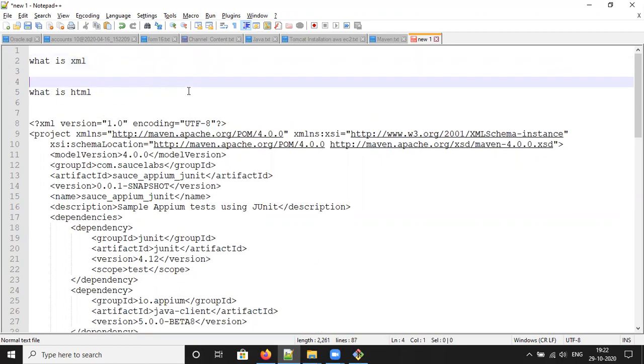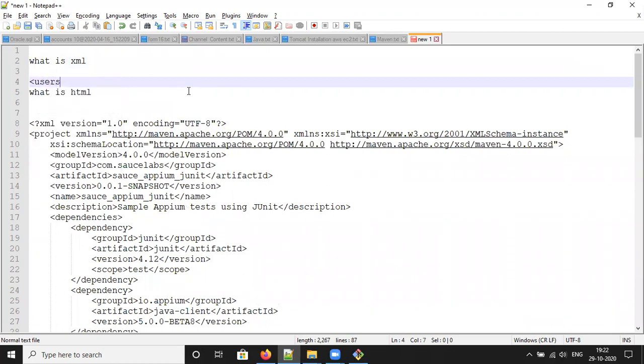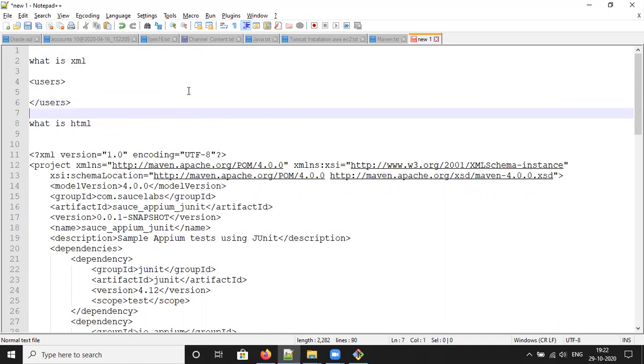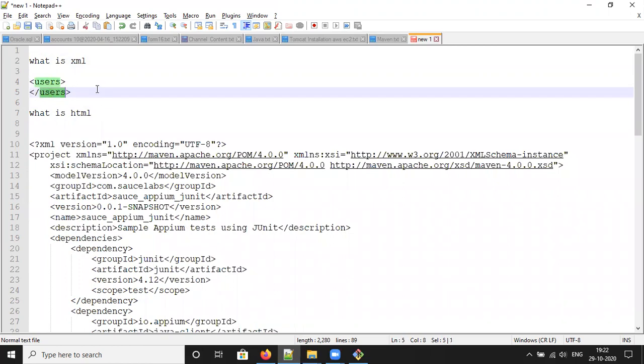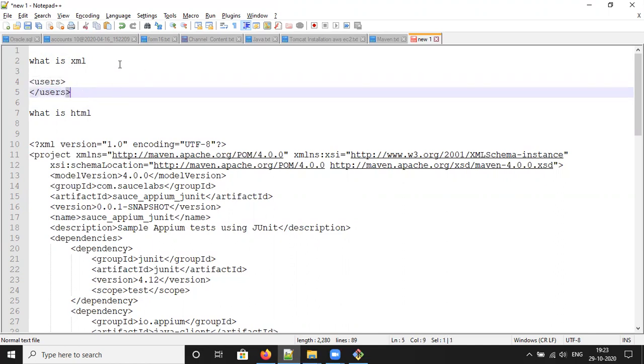For example, I can use users. This is our user defined tag, then close users. In each and every tag in an XML file, there should be a closing tag. Otherwise, it will show as an improper XML file and it will not allow you to modify.